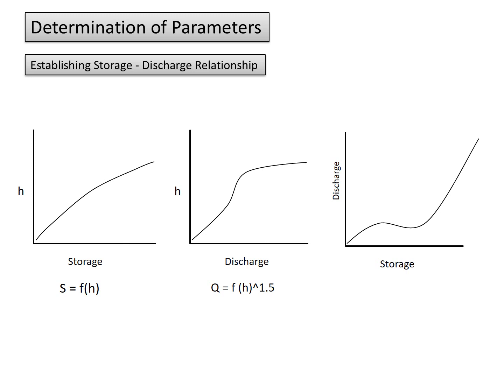The second one is discharge versus height. We know that the discharge from the weir has the formula Q equal to CLH to the power 3 by 2, that is, Q will be a function of H to the power 1.5. By using the formula, since all the other parameters are known, we can draw the graph between the discharge and height. And by combining these 2 graphs, we can generate the third graph, that is the storage versus discharge. So these are the basic graphs or input values which we will use to evaluate the flood routing, both for the reservoir as well as for the stream.